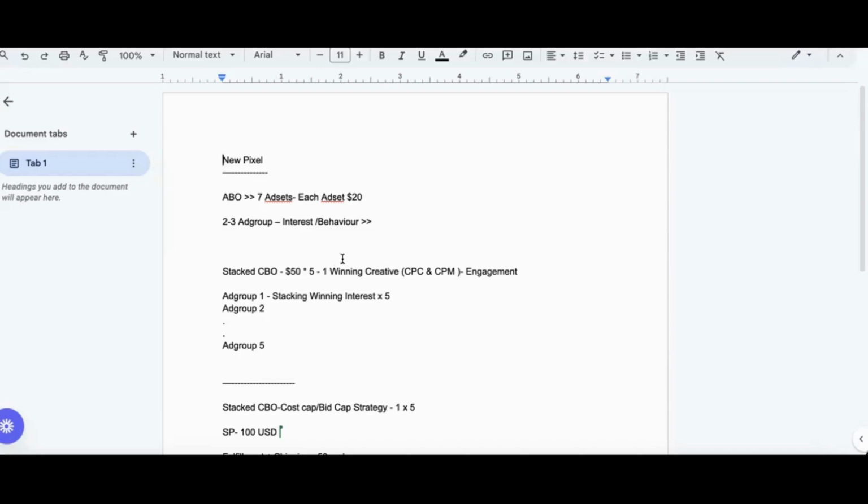So you need to think out of the box: what your audience does, what their interests are, how they think, and then select interests accordingly. From day one itself, you need to do ABO. You just need to find at least two interests which are working well for you. How you'll decide is, let's say, it should have a minimum of six sales, and